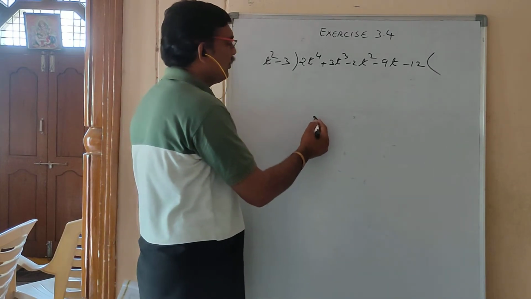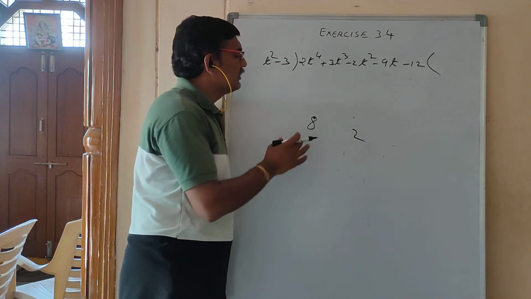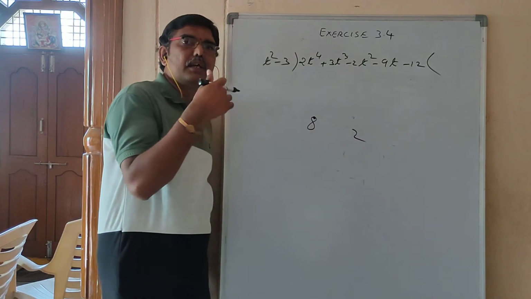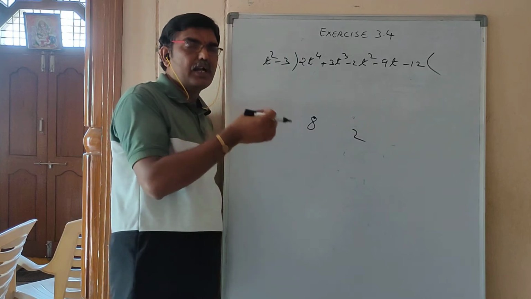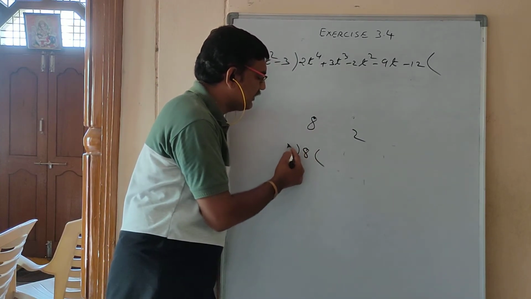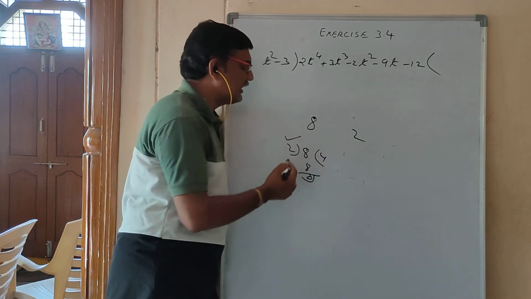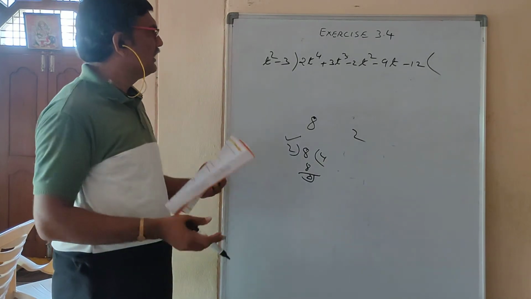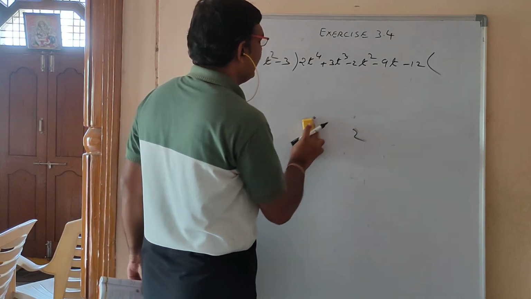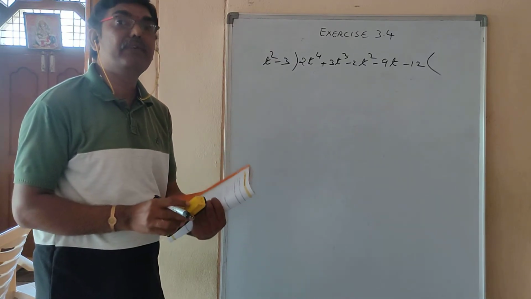See, 2 is there, 8 is there. What he is asking is, is 2 a factor of 8 or not? By dividing, you just have to say the answer. If they give it like that, you will divide 8 by 2; 2 fours are 8 and the remainder you got is 0. Therefore you can say that 2 is a factor of 8. Similarly here, these are numbers, so you understand very easily. Here, instead of numbers, they gave polynomials, so you are finding it somewhat difficult.